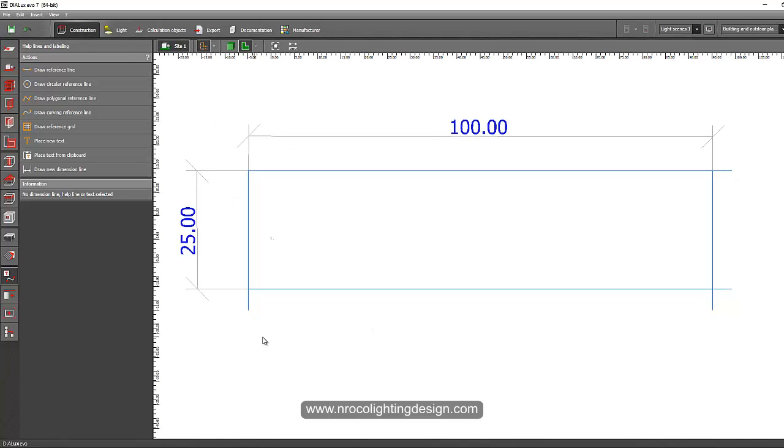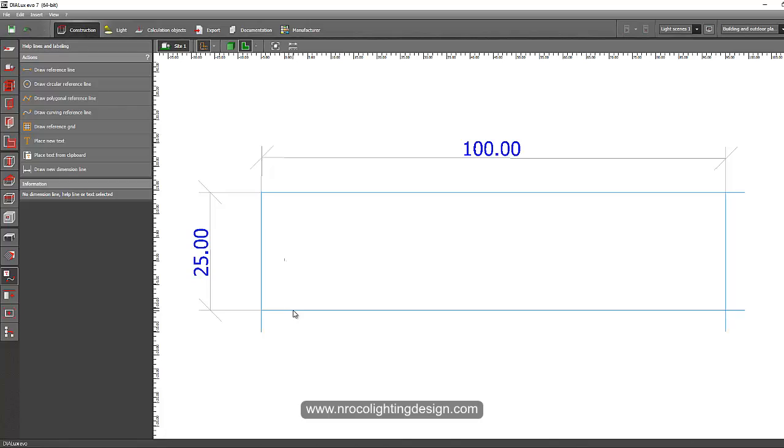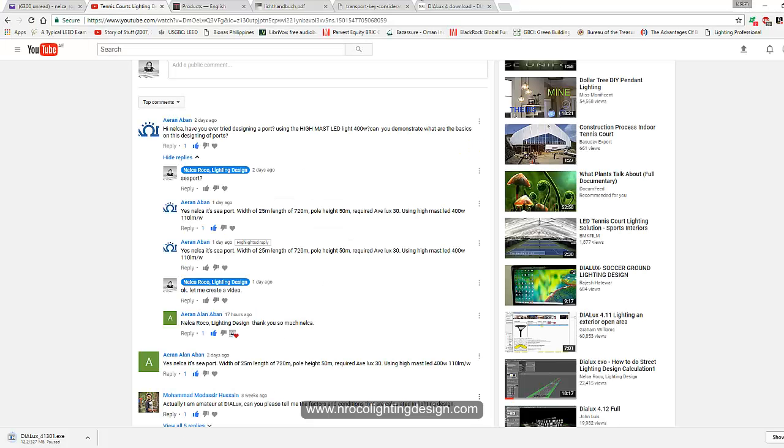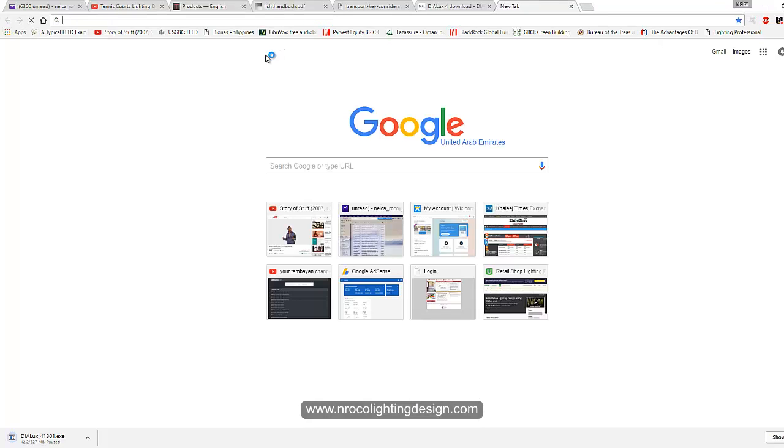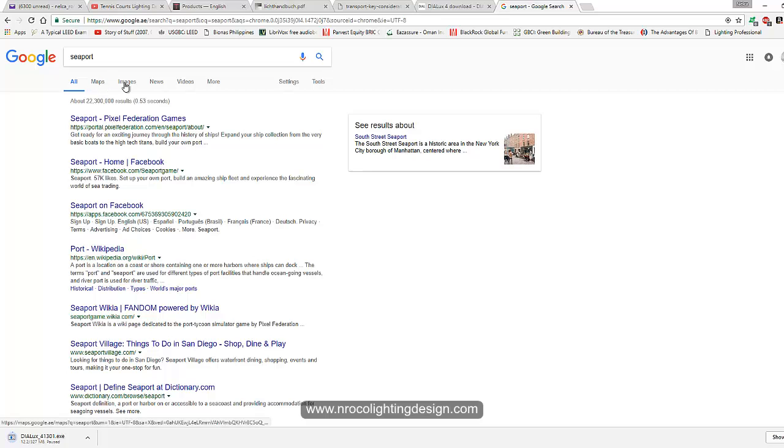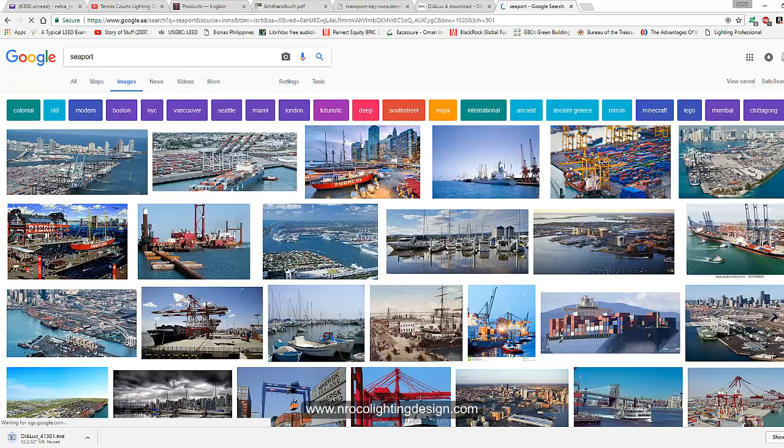But before you do your lighting layout and lighting calculation, you need to understand first the basics of a seaport. First, a seaport is a very salty place. So let's type seaport. A seaport is a place close to the coastline or to the sea area.